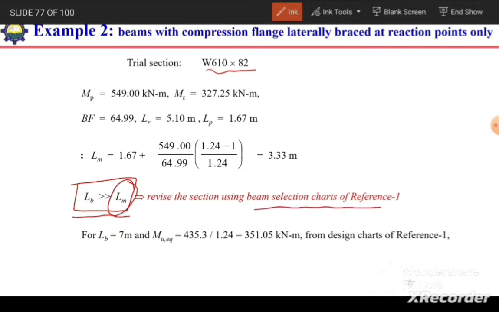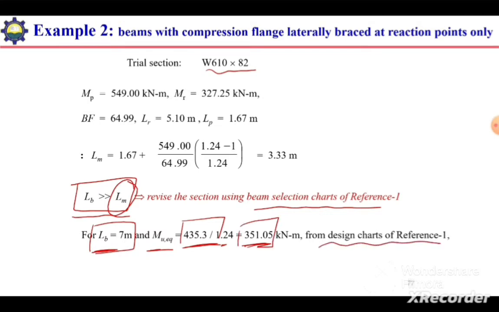To select the section based on this beam selection chart, we need the LB value and the M value. If CB is more than 1, we need to divide this M maximum by CB to get the M equivalent. So the M maximum is 435. We need to divide it by CB 1.24 to get the M equivalent, which is 351.05. And now we can select the section based on this unbraced length and this bending moment from the